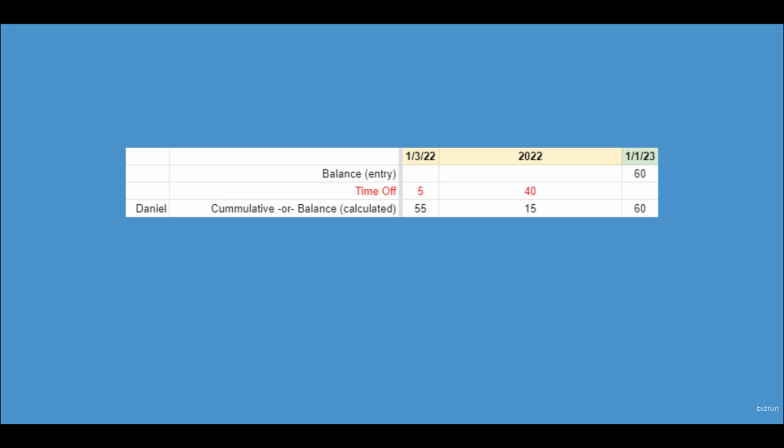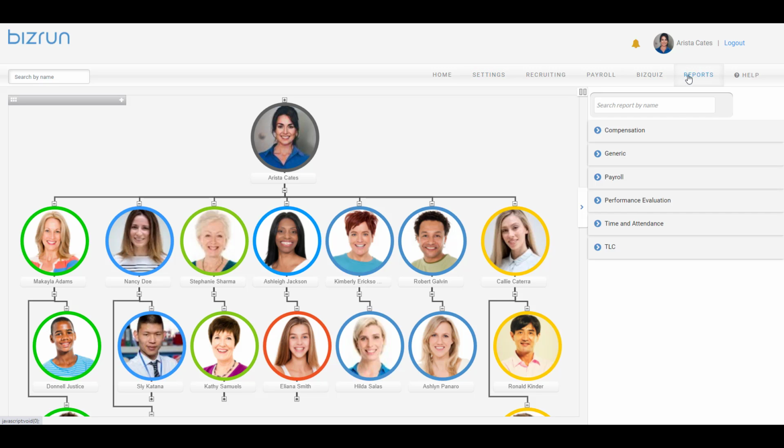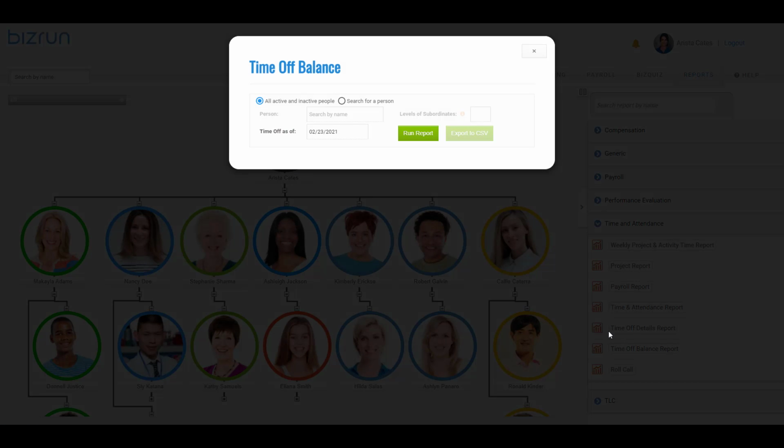Now that you've had the chance to see how BizRun uses the balance accrual type behind the scenes, let's go back into BizRun and run a few time off balance reports to see the information it will give you. Let's run the report as an administrator through the Reports main menu. The time off data, as well as the accrual data that we saw in the spreadsheet, has already been input